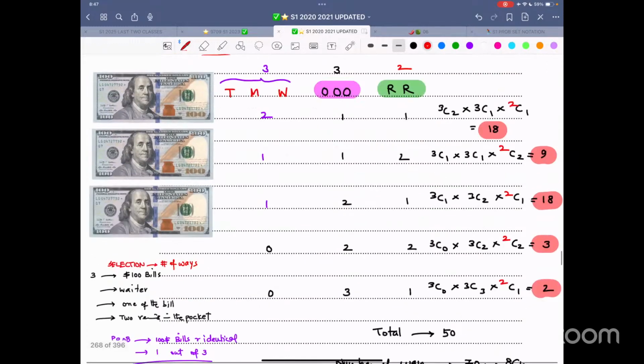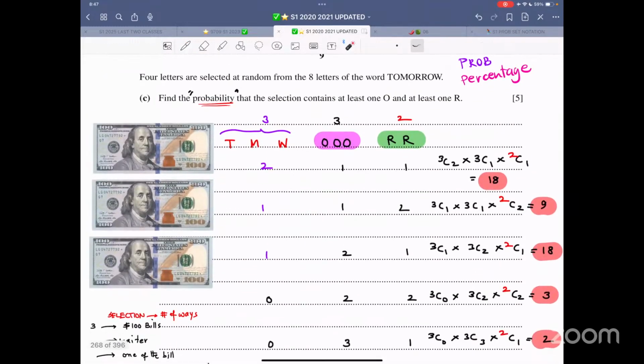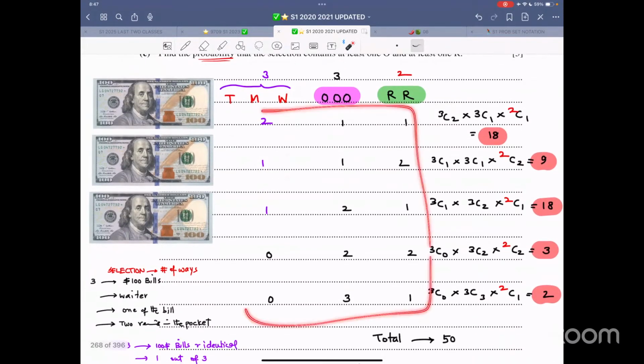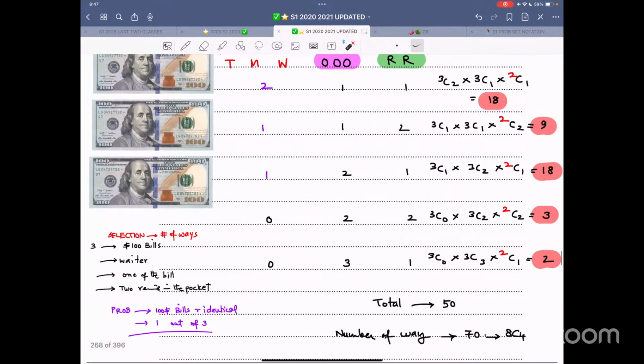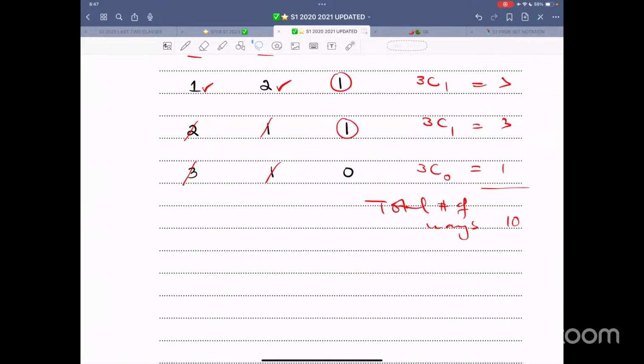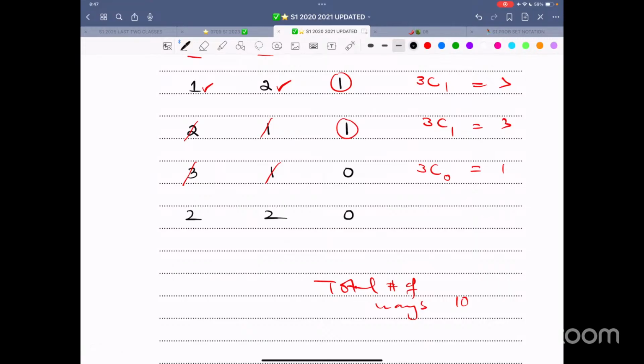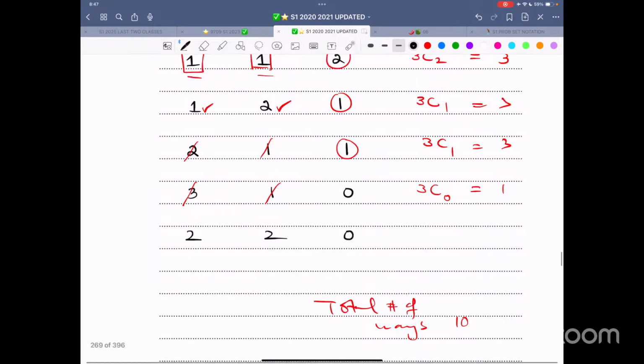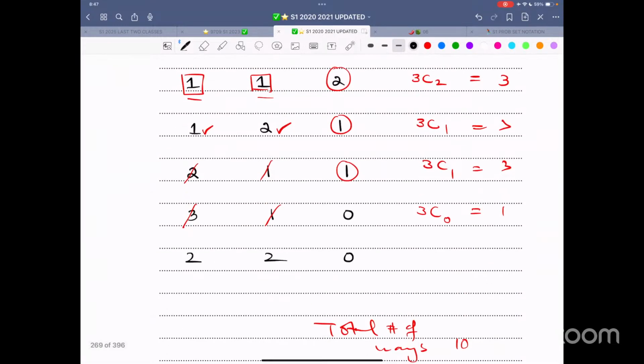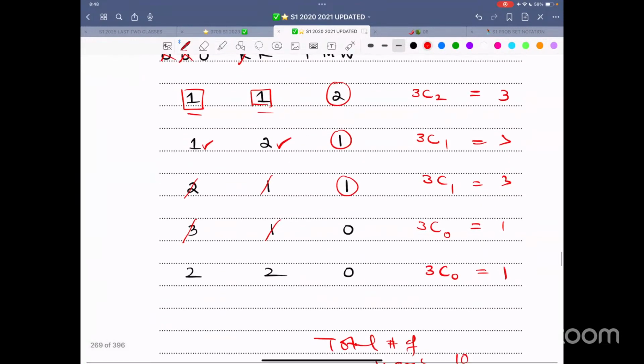So now over here, 4 letters are selected at random. Find the probability that the selection contains all these things. So this combination is the same as on that page. And over here, there is also one other 2-2 thing, which I forgot to write because I was focusing on that particular thing. So let me go back. And yes, there is this 2-2 thing also, black marker. There is 2, there is 2, there is 0. That is also this one. So therefore, 0, this is again 3C0, which is also 1. So just double check. This is 112.